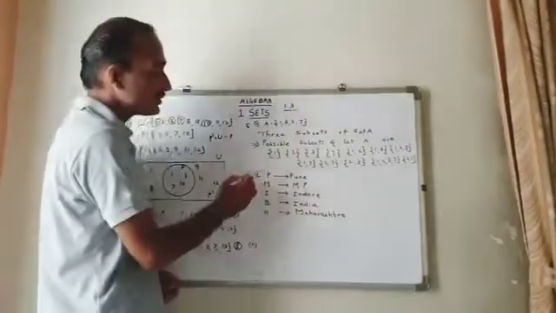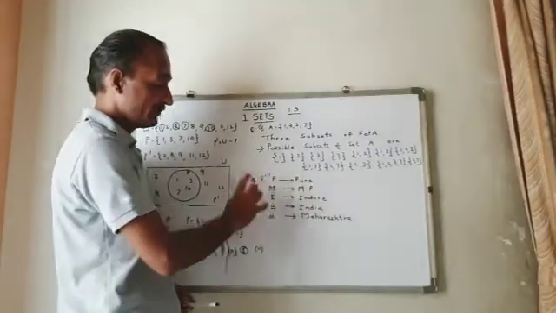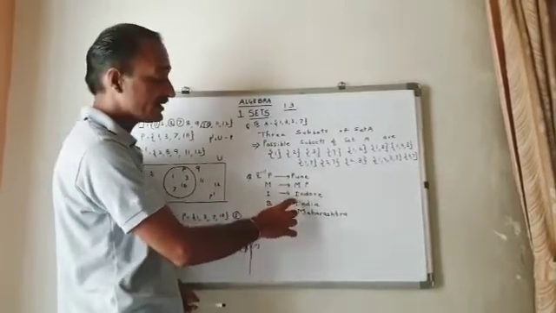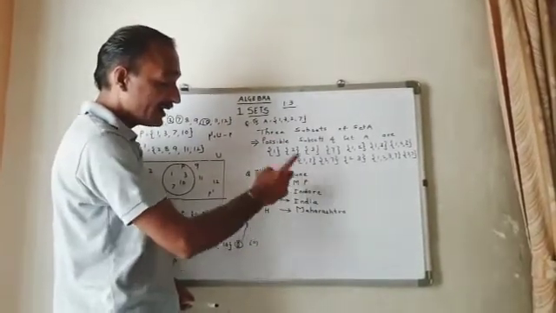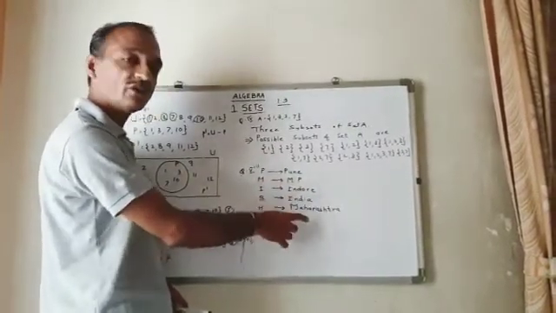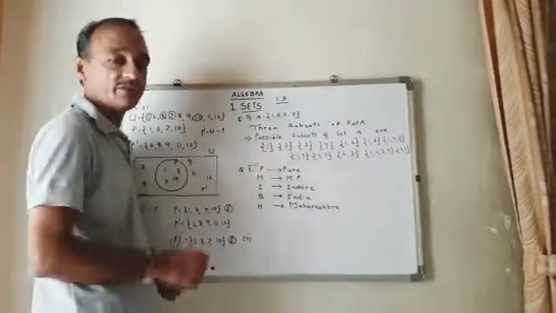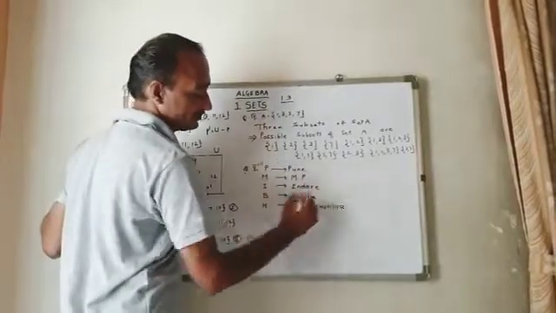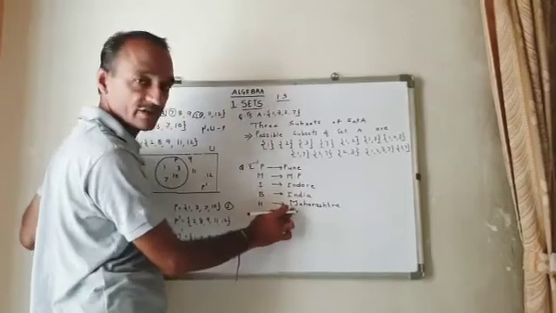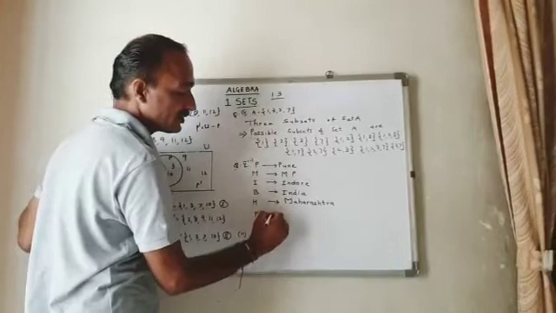Now, question number 5 says P is a set of all residents of Pune. M is a set of all residents of Madhya Pradesh. I is a set of all residents of Indore. B is a set of all residents of India. H is a set of all residents of Maharashtra. So here, the subset relation: where is Pune? Pune is in Maharashtra, which is denoted by letter H. So P is a subset of H.